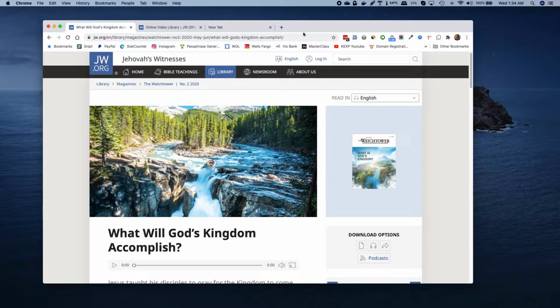In this case, we're going to go to this web page here with this article on jw.org about what will God's kingdom accomplish. Up here is the URL that directs to this page. Giving somebody this URL will send them to this page, but it's pretty long and